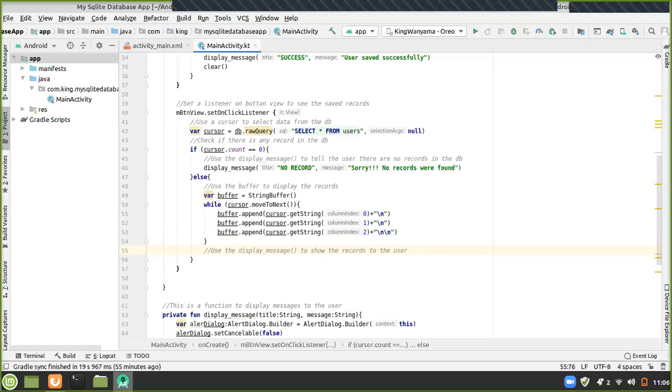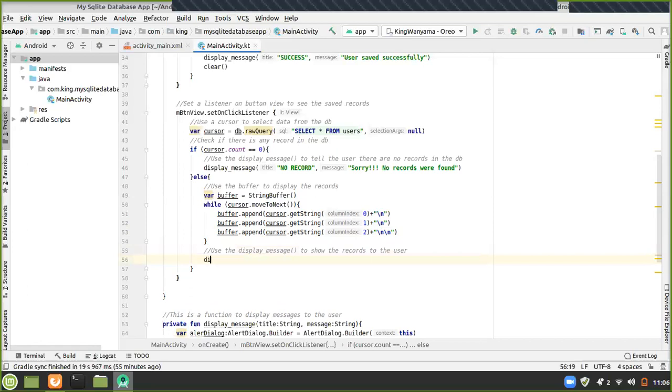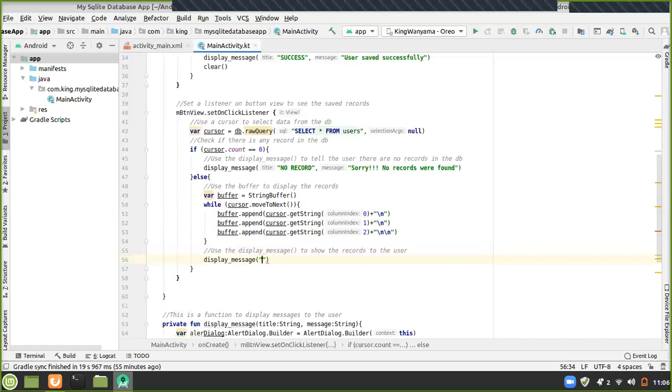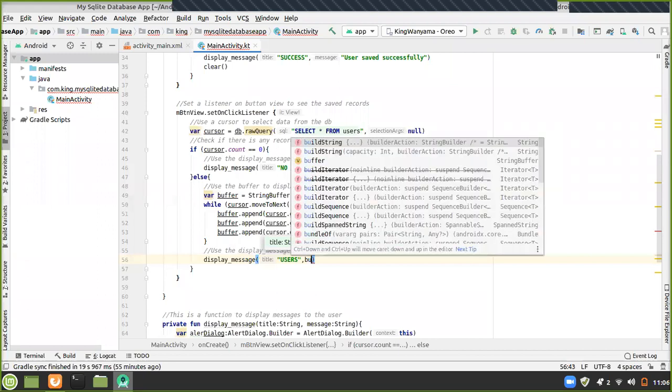So we can just say display message, then maybe say these are the users. Then the users are, so we show buffer dot to string, this buffer of ours. So the buffer is the one that is